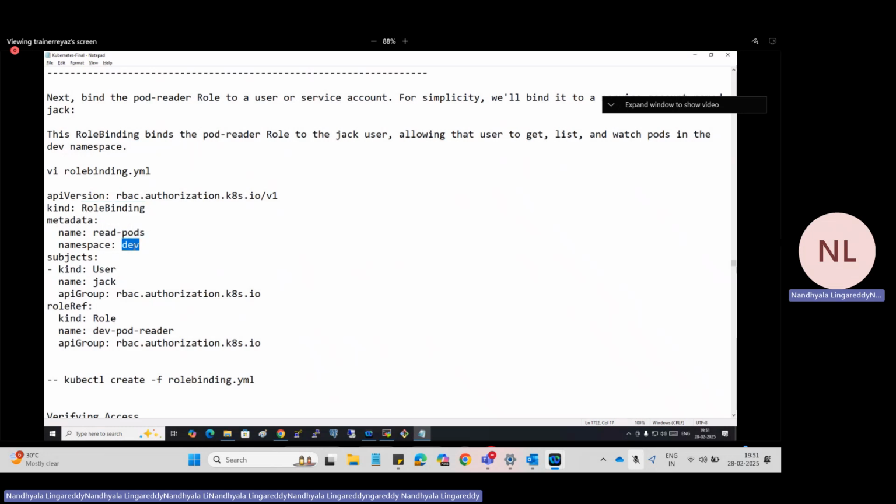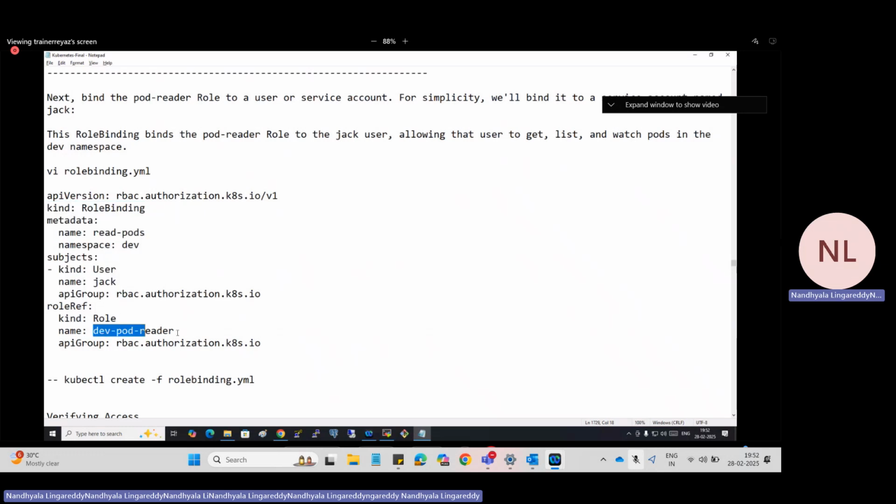Which namespace? Dev. And I'm using something called subjects. Kind user. Which one am I assigning here? Jack. And for the role reference, what is the role I created before? Dev pod reader.